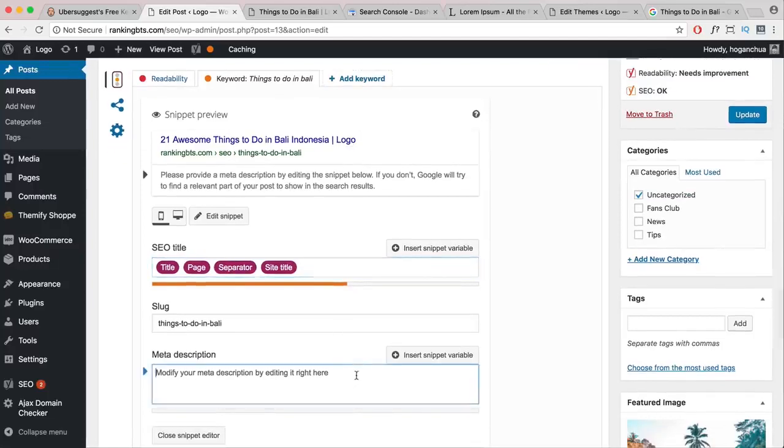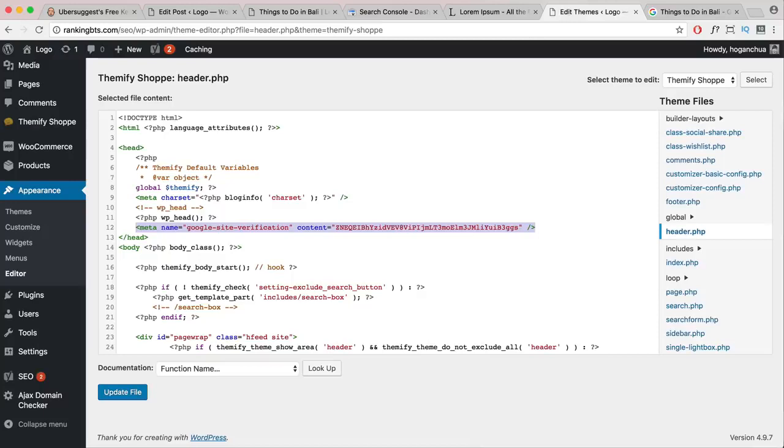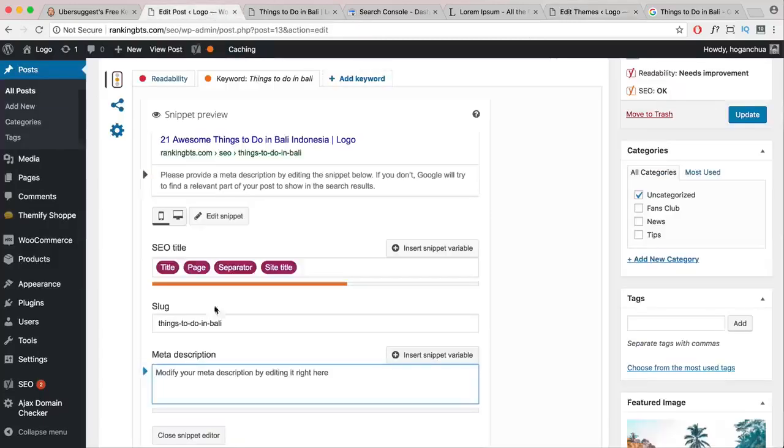So you want to change the meta description here. Again, you want to sort of change something different to what you actually see here, but you also want to try and include the keyword in there as well. Okay, so it might be like